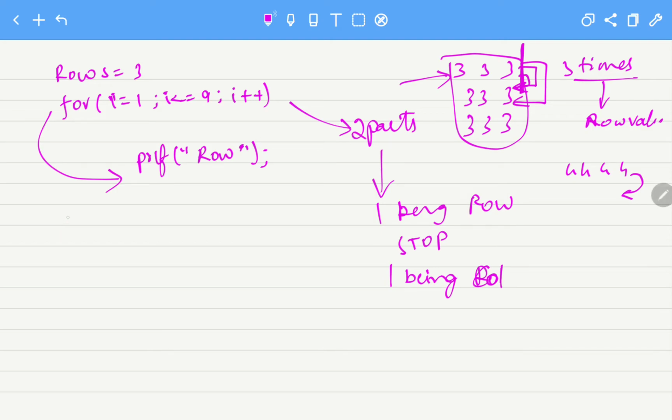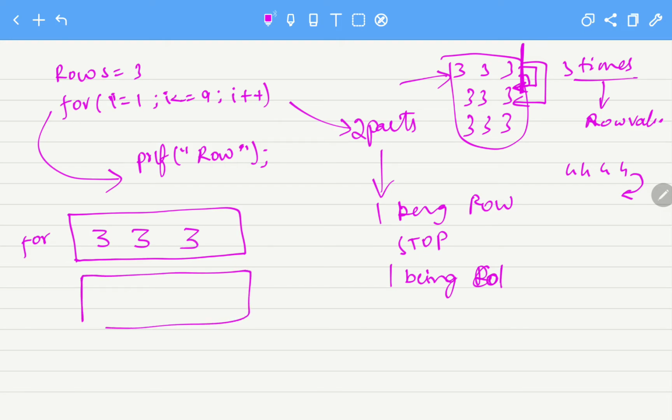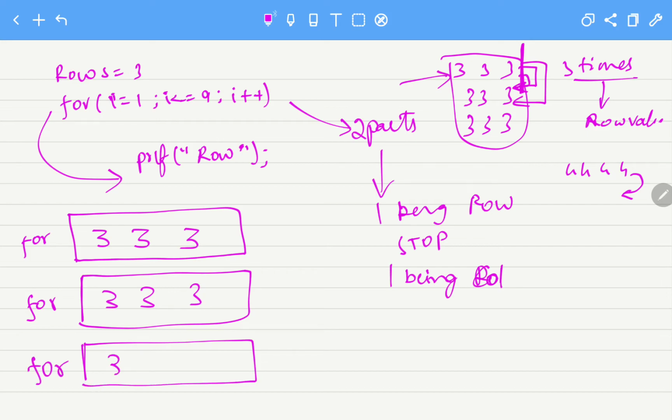To this thing, you are actually using the for tool to print a row, right? And you are also using the for tool to print the second row. Also you are using the same for to print the third row. Everywhere you are using the same for tool to print the rows. The only thing you are missing is how to break this pattern